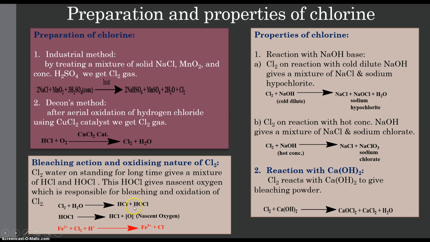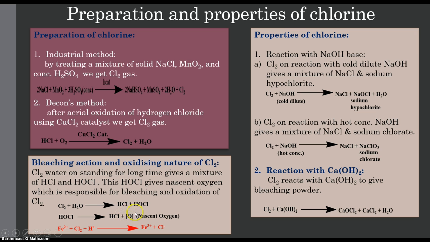This HOCl, formed from spontaneous decomposition of chlorine water, will give HCl and the nascent oxygen atom. As we have already discussed, this nascent oxygen atom is very effective at oxidizing other species, and